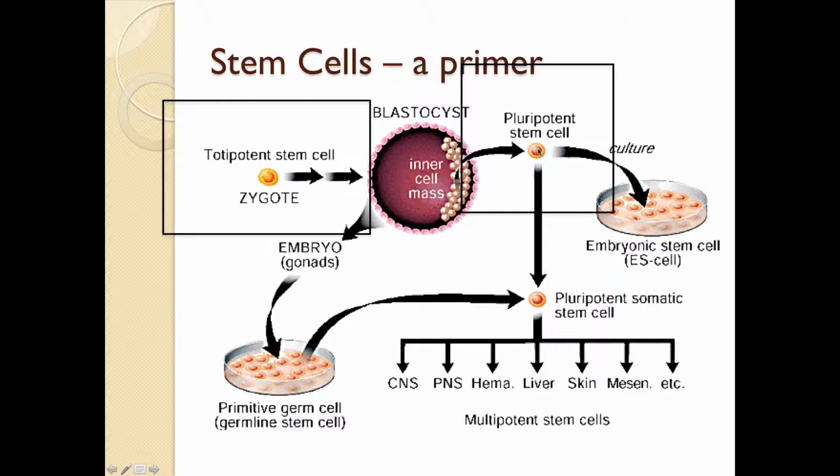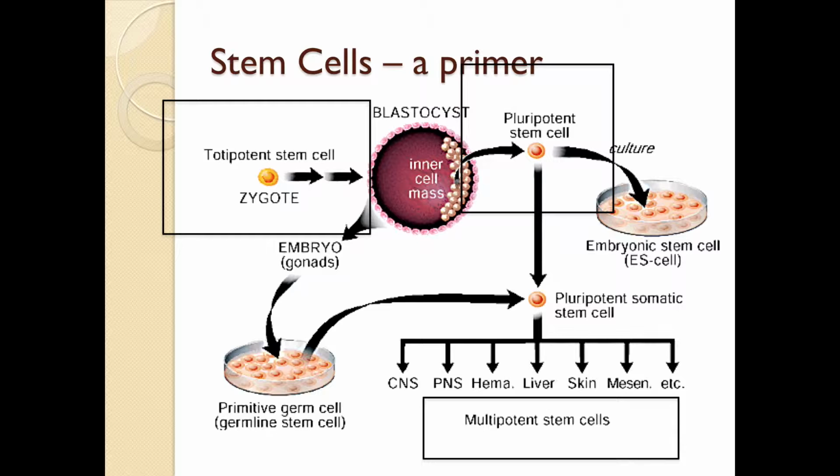So it has the ability to turn into any adult body cell. So anything that you have in the body came from these pluripotent stem cells. And once we are at the level of the body, so somatic means body, soma is body, literally, pluripotent somatic stem cells are body-related, what some people call adult stem cells. So they're in the body and they are waiting for different growth signals so they can go forward and change